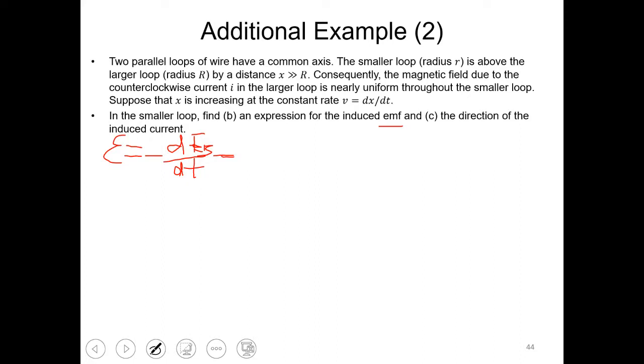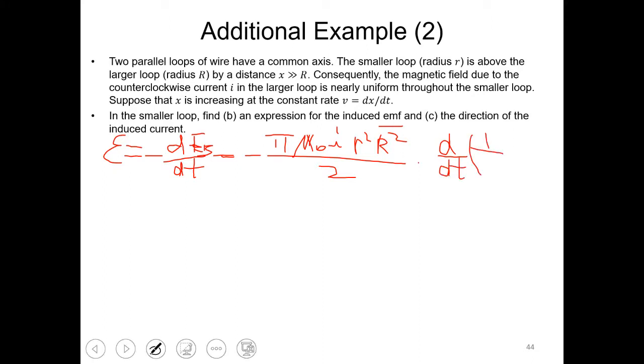So we can simply write it like minus pi mu 0 I r square over 2, and of course we need to take the derivative with respect to time of 1 over x cubed,